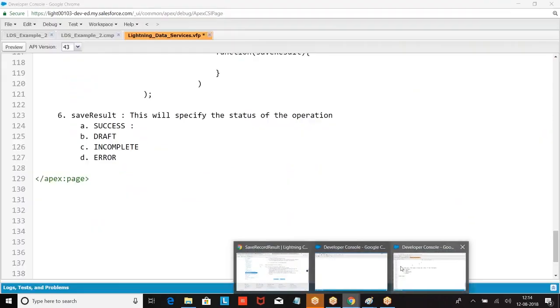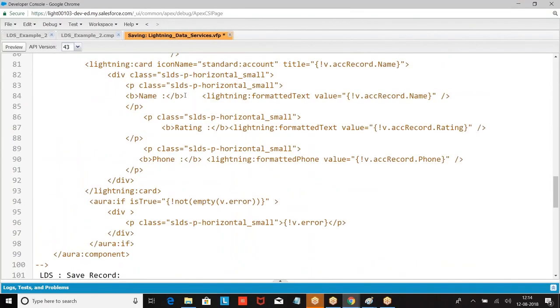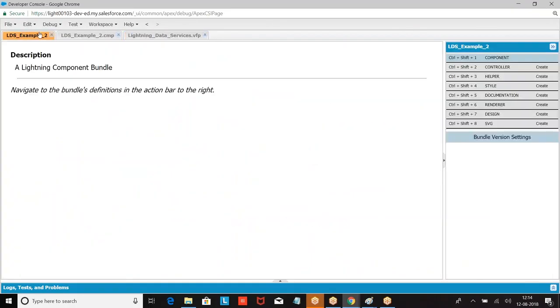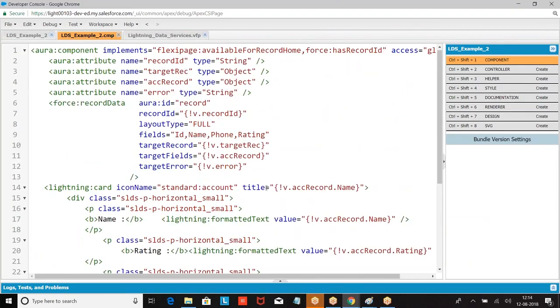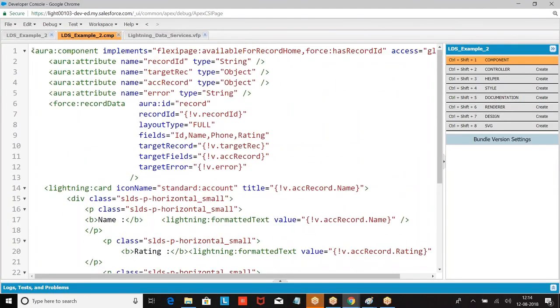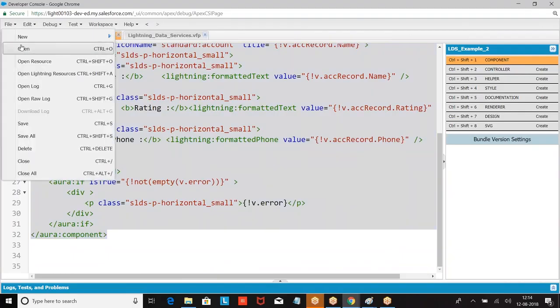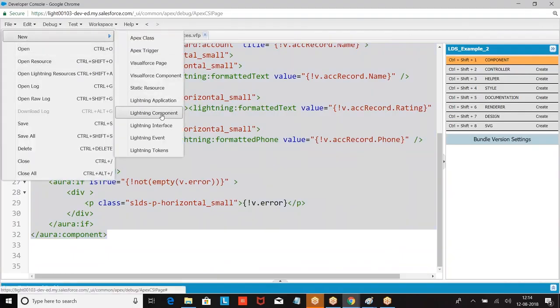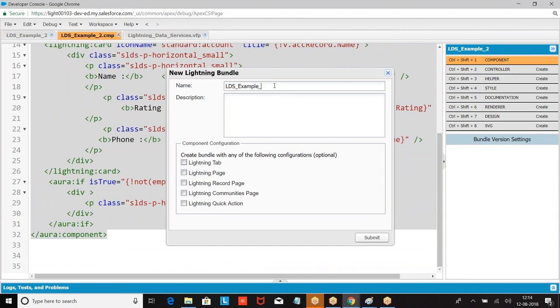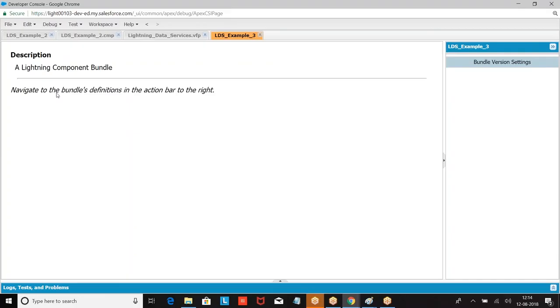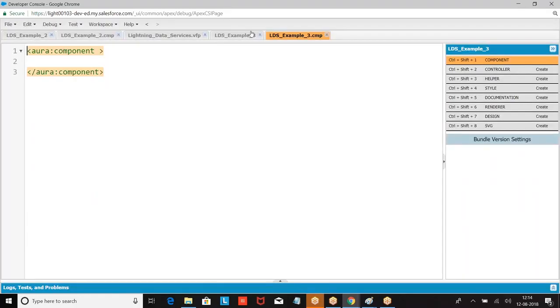Okay, so let me go ahead with one example and finish this example. What is our intention? We are going to modify the record that should be saved to the database. Let me make it simple. Everyone has followed this example, right? Can I copy this example and modify the input text? If everyone has followed this example on the same component, I'll make some changes. Can I modify the same?